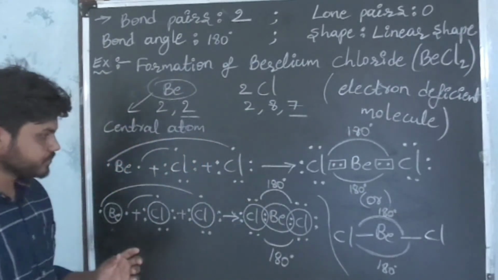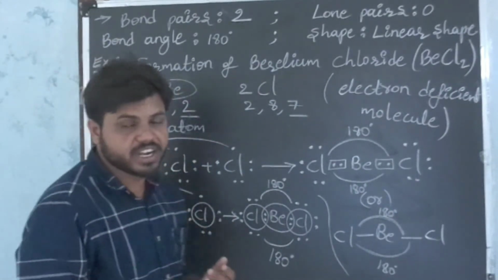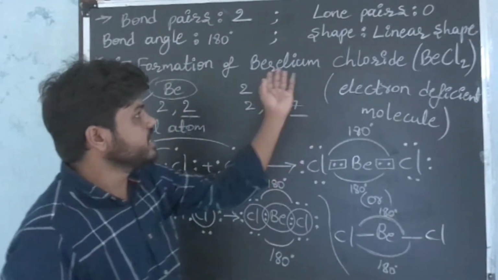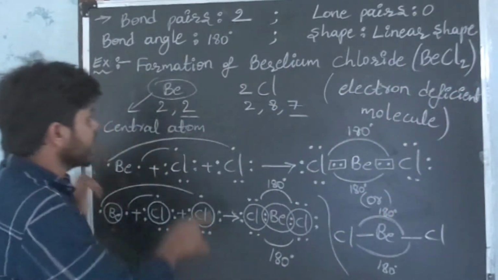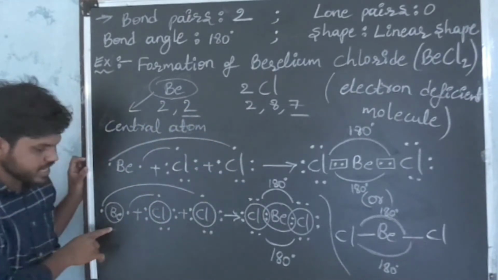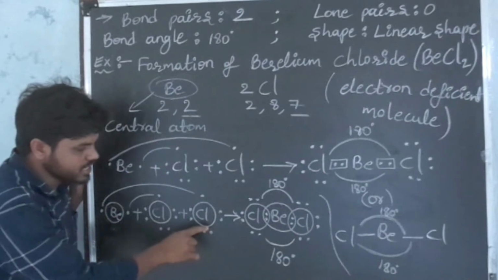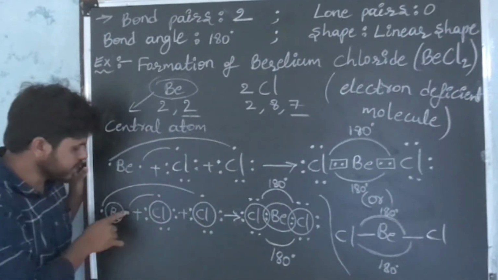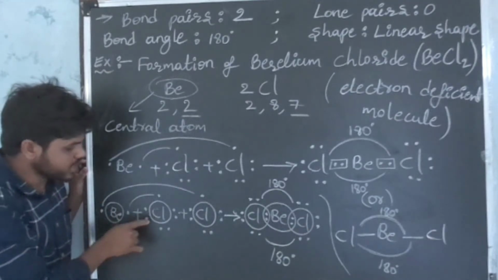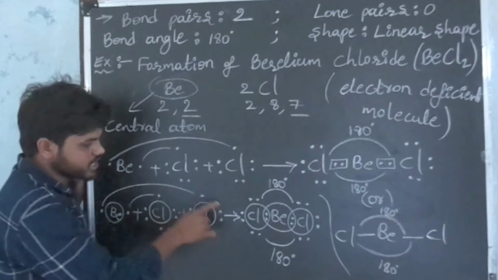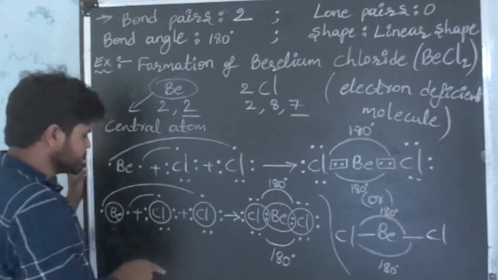Okay. Now, in VSEPR theory, the valence shell of the atom is taken as a sphere. In this molecule, 3 atoms are there. I took those 3 atoms' valence shells as spheres. Okay, beryllium valence shell, chlorine valence shell, another chlorine valence shell. In the beryllium valence shell, 2 electrons are there. I placed them around the sphere. Here also 7 valence electrons are there. I placed them around the sphere. Here also 7 electrons I placed around the sphere.